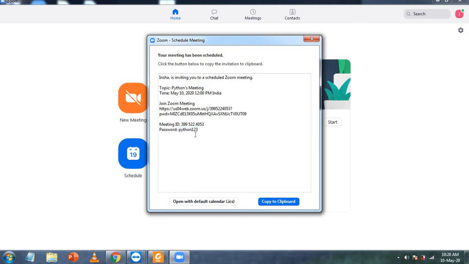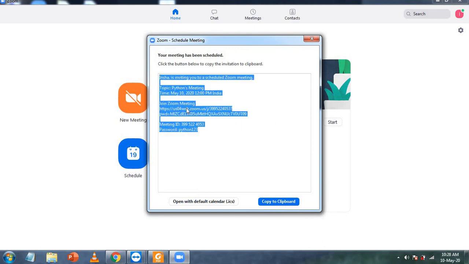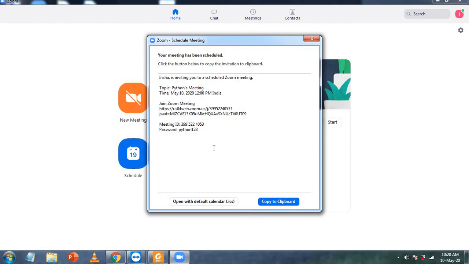Okay, so to give more security, so that no one else can enter my meeting, I have set the password. So this is the thing. This is the text which you need to send to your invited participants. They will just click on this particular web link, from their mobile or from their system, and automatically they will be asked to enter the password. They will enter the password, and they can be in the meeting.